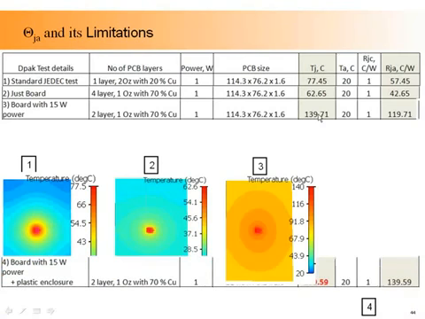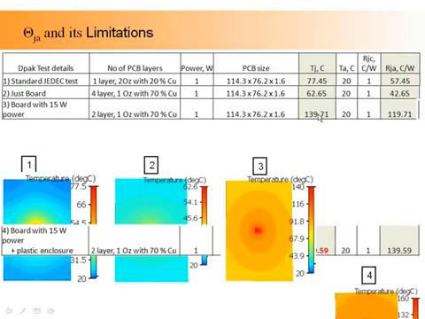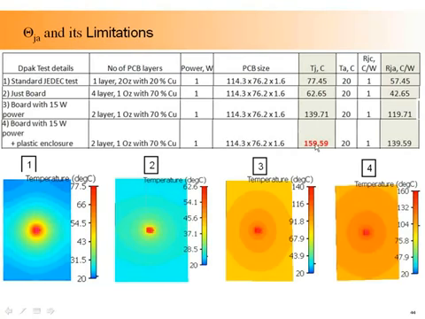And now if you put a plastic enclosure on top of that to seal that product, look at what happened to the temperature. The reason I want to point this out to you is when they do the measurements, the device manufacturer usually does it this way. He gives you a data point. However, when we use it, we end up in most cases using it like this, case 3 or case 4.